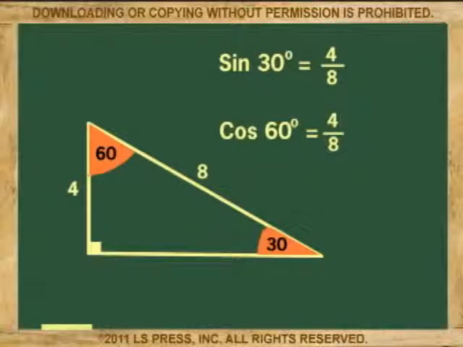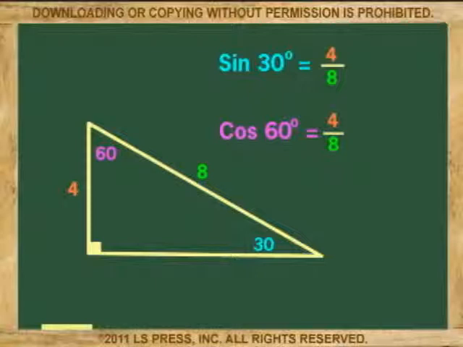Because we're using 2 angles only, notice that when we compute the sine of an angle, we are actually using the same numbers as for the cosine of the other angle, the complementary angle. For example, the sine of 30 is identical to the cosine of 60, and the cosine of 30 is identical to the sine of 60. Why? Because we are using the same numbers to calculate the ratios.